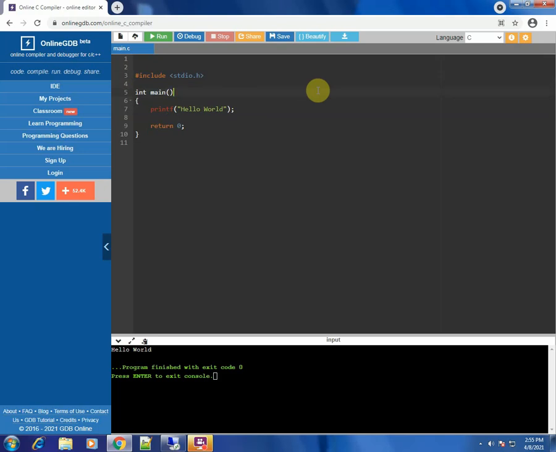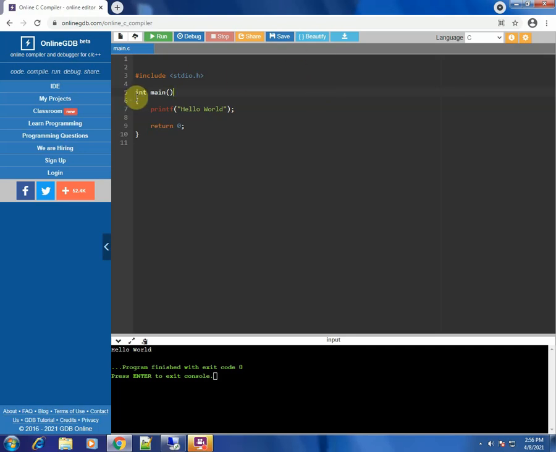We will write various different functions in C in the further classes, but main is the controlling function of your entire program. The entire C program's control is within this main function.